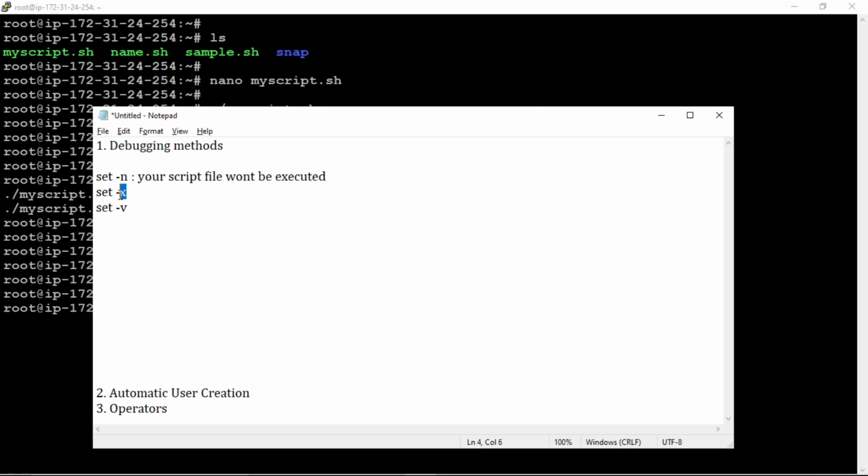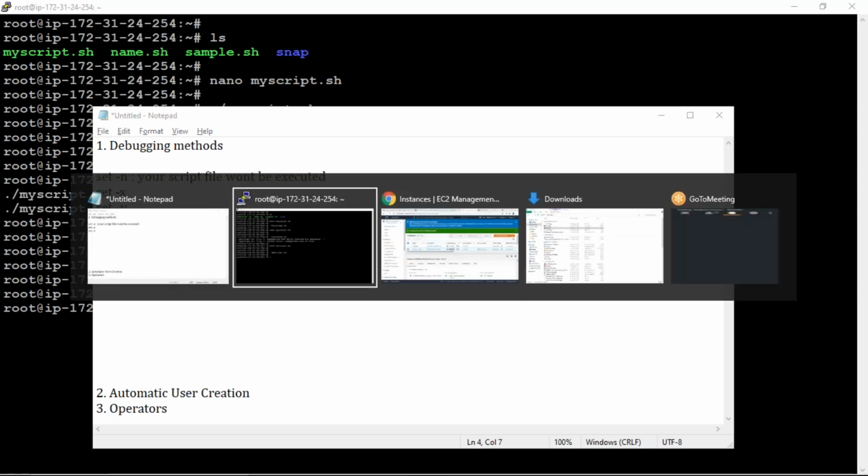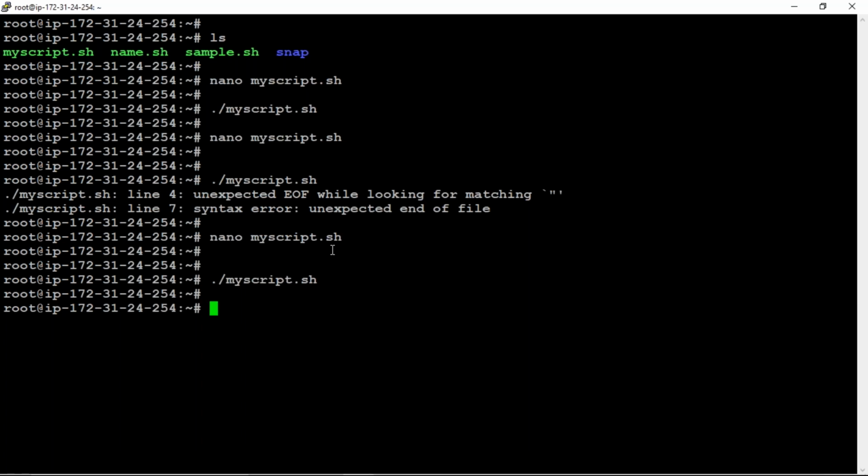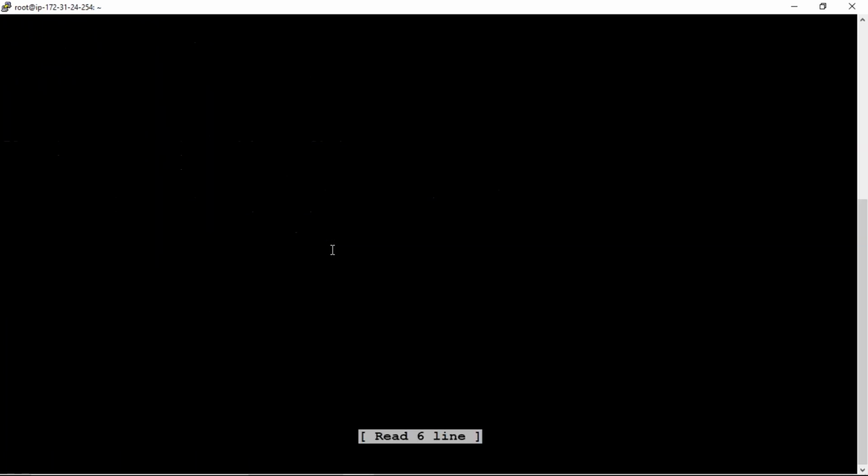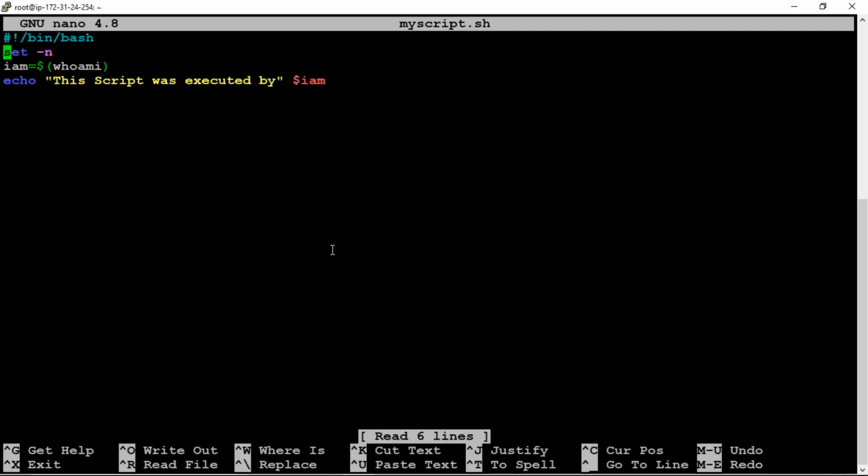Okay, and next set -x. In the same code, nano space myscript.sh. Here, instead of set -n, I'm giving set -x.